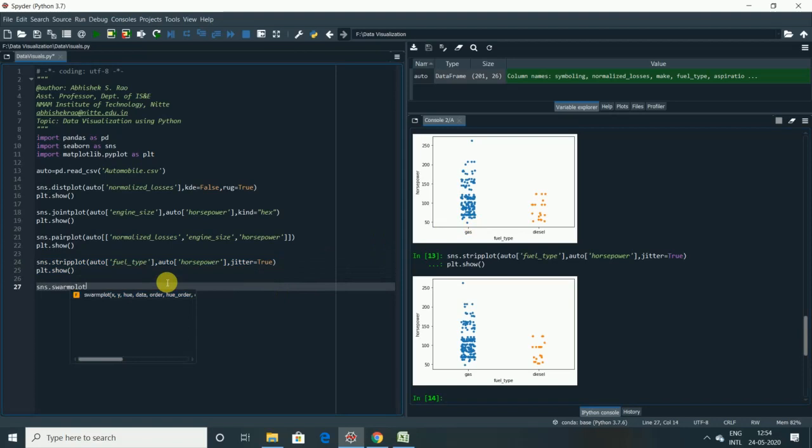Using swarm plot, use a data frame. I'll use the same attribute so that you can have a differentiation among these two. So I will use the fuel type as a categorical variable, as well as the continuous variable, that is horsepower.